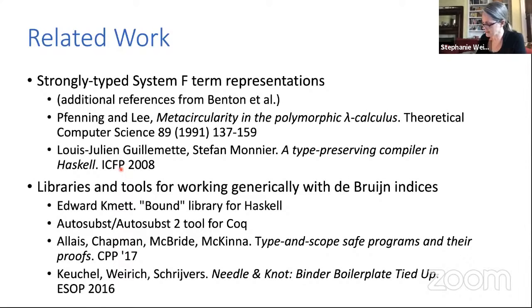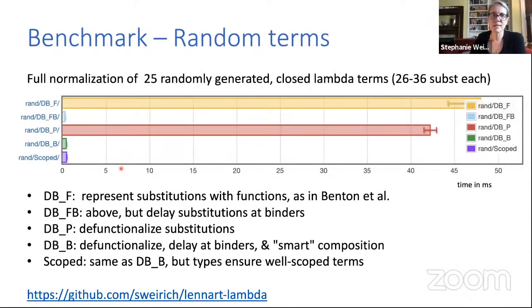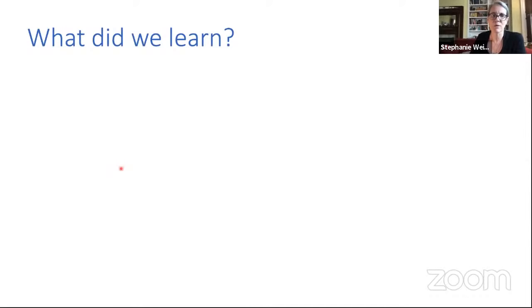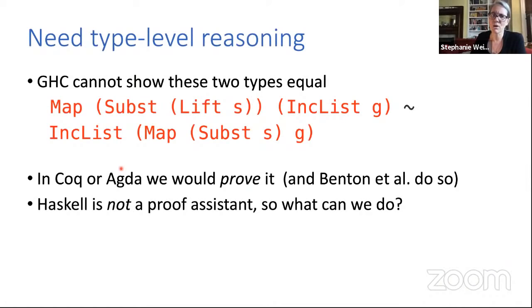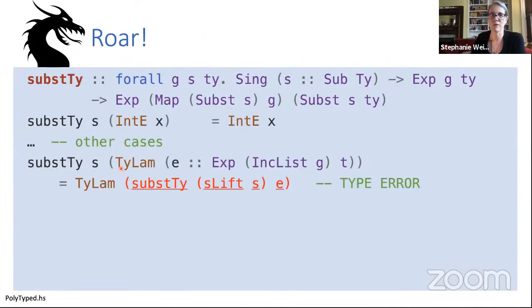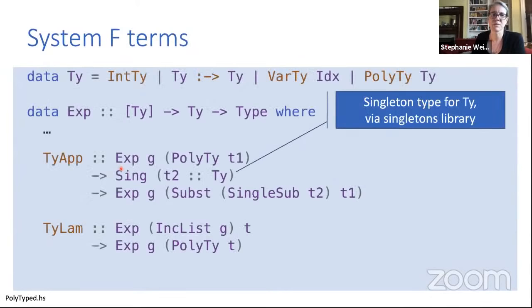Richard Eisenberg asks, do you think this approach would extend smoothly to a system with type variables of varying kinds? So if we went from System F to F omega, what would we need? Right, yeah, so when we go to F omega, I would need to be able to have the singletons library promote my strongly typed substitution library, as well as the weakly typed substitution library that I